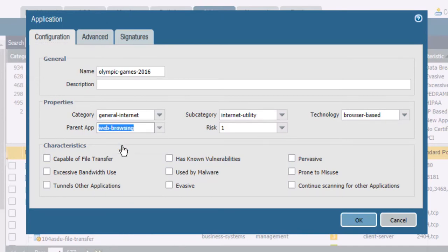For some custom applications, specifying a Palo Alto Networks defined parent app will not be possible. Data sent in these applications cannot be inspected by Content ID. The risk value can be set from 1 to 5, with 5 representing an application with the riskiest capabilities and